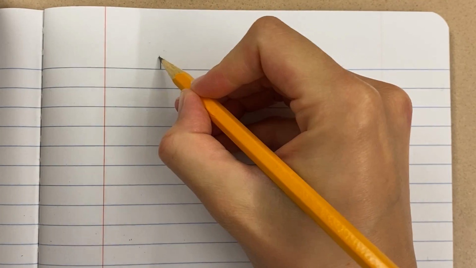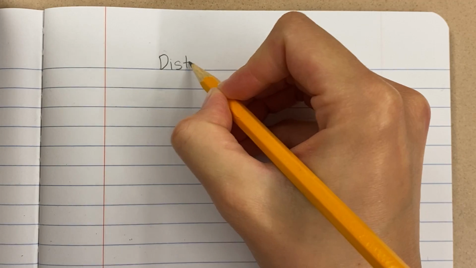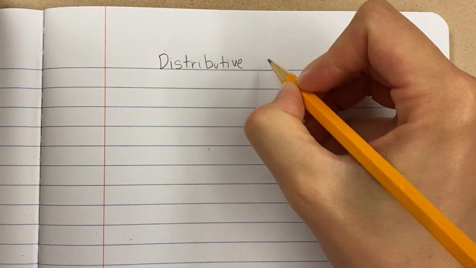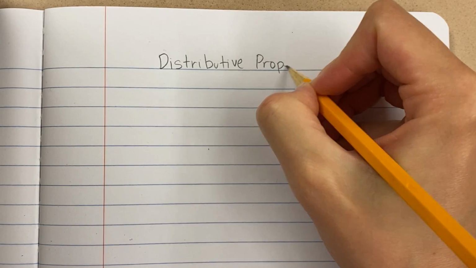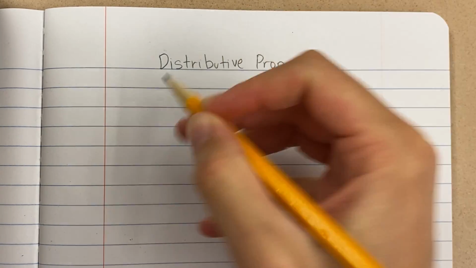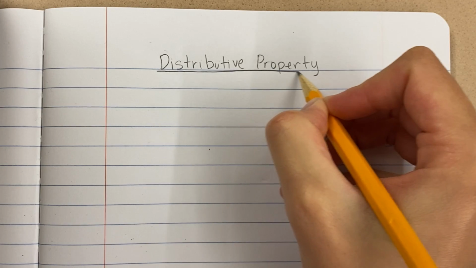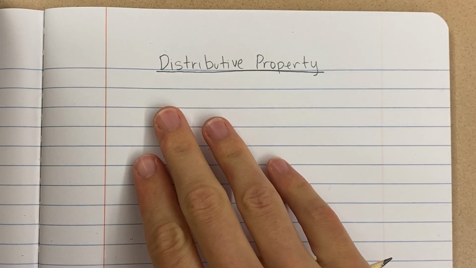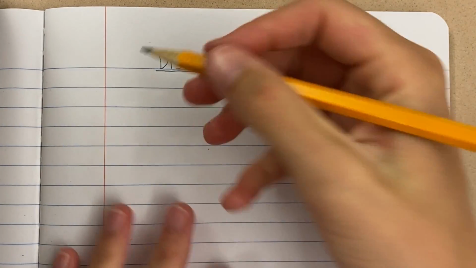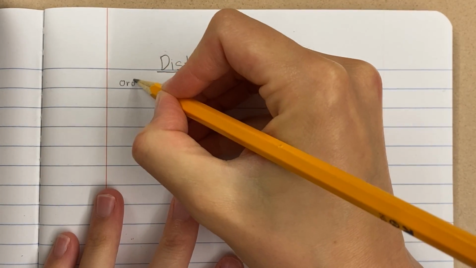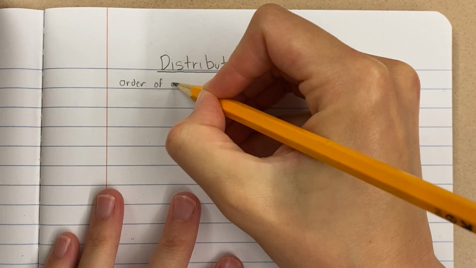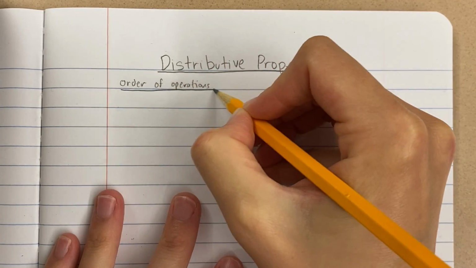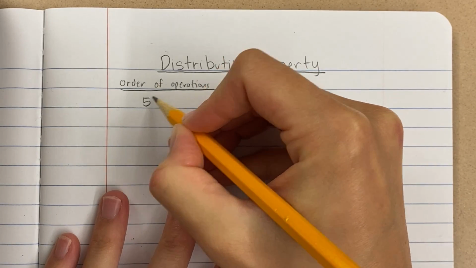Our next topic we're going to learn about is the distributive property. And this is a strategy that we use in a particular situation. Okay. Now, I want to show you, there's a way that sometimes the distributive property gets confused. So just remember that when we used order of operations, right, this was the first thing that we talked about this year. When we did that, and if we had something like this,